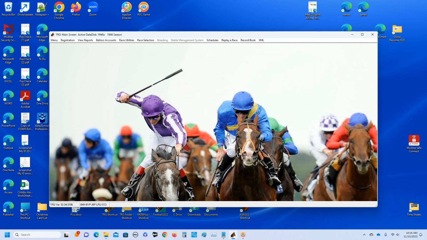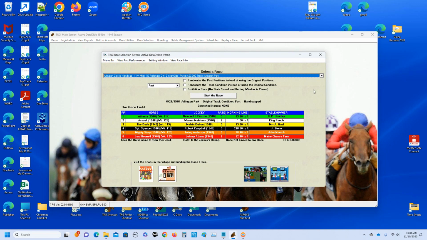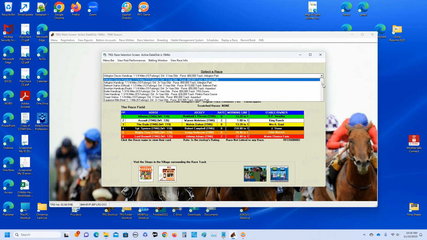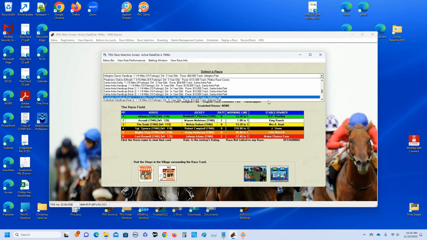And it's a pretty cool option because you can essentially create your own little tournament that way by having first round games that are linked to second round races and third round races and so forth. Okay, so let's go ahead and do the race selection, and we'll take a quick look at the first Santa